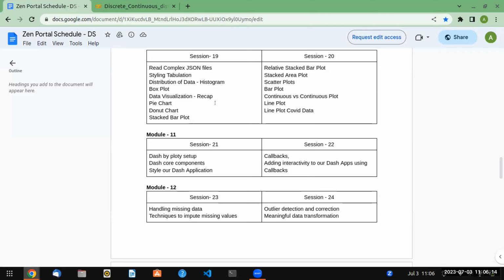But keep one thing in mind. Once you get the project, you will get super busy. Super busy in the sense that you have to spend some time on that project. If you don't give time, there is no benefit at all. If you're starting from scratch, those who have some coding understanding will find it easy to grasp. But the people starting from scratch have to give 1.5 hours for that particular project apart from our session. You need to keep that in mind. Already we are spending time here, but for that project you have to spend separate time.